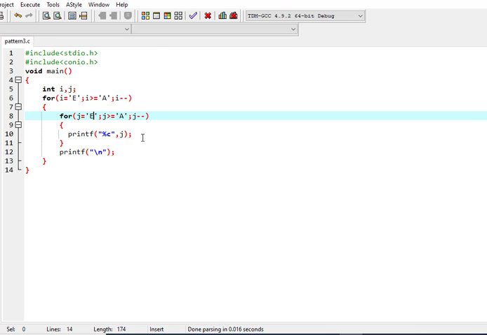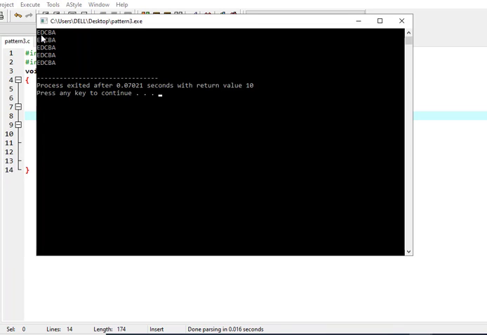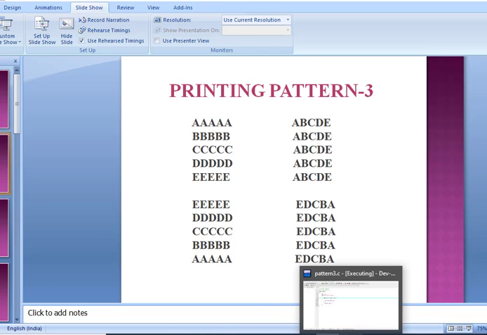If we print the value of j here, what will be the output? The output will be E, D, C, B, A for all the 5 rows. So this is the required pattern.